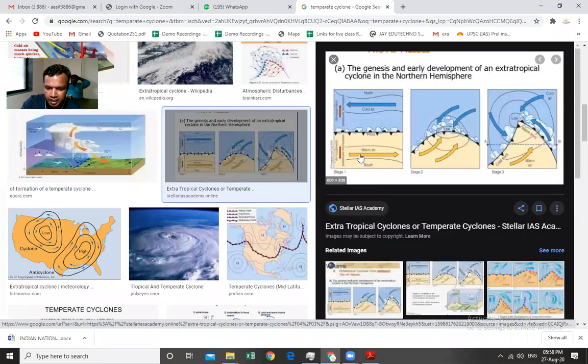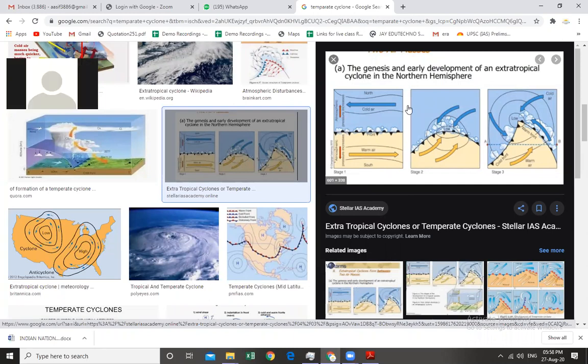Now here you can see this is a warm air mass and this is a cold air mass. Can you see this picture? Now the cold air mass is moving at the upper and the warm air mass is moving down. So what will happen? This cold air mass will try to subside and the warm air mass will move upwards. So can you tell me, will the density of the cold air mass be more or will the density of the warm air mass be more?